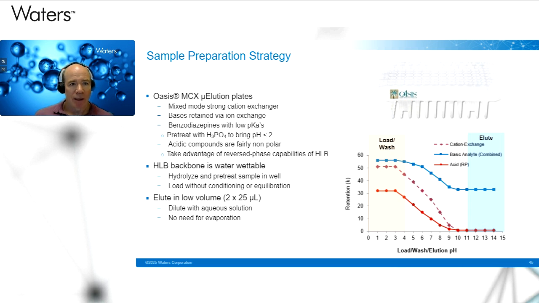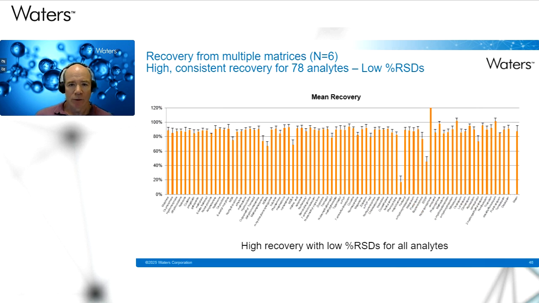Going into a little more detail, as I mentioned, with the mixed mode strong cation exchanger, the bases are bound via ion exchange. However, some of the benzodiazepines are acidic, and they are bound by reverse phase. So, as I mentioned, we back off on the wash and use both the ion exchange and the reverse phase sorbents to cleanly extract our sample compounds. Looking at the results, we see very good efficiency of extraction across the whole sample set. There are a couple of them that don't quite behave, but the vast majority had very efficient and reproducible extraction.